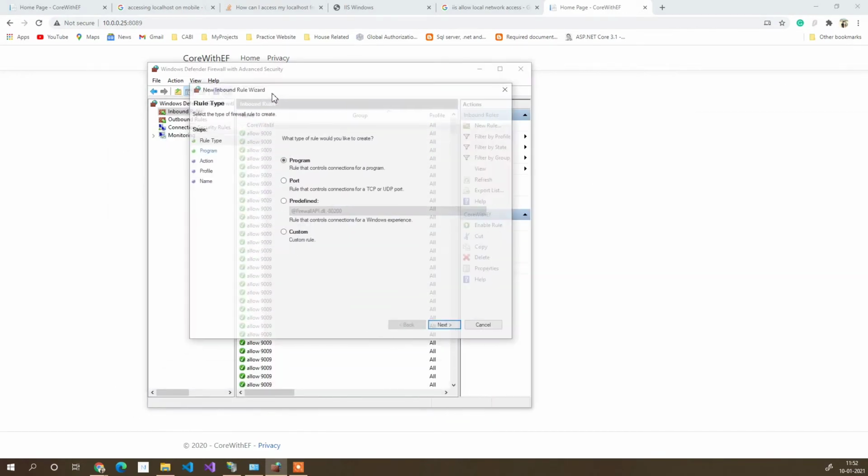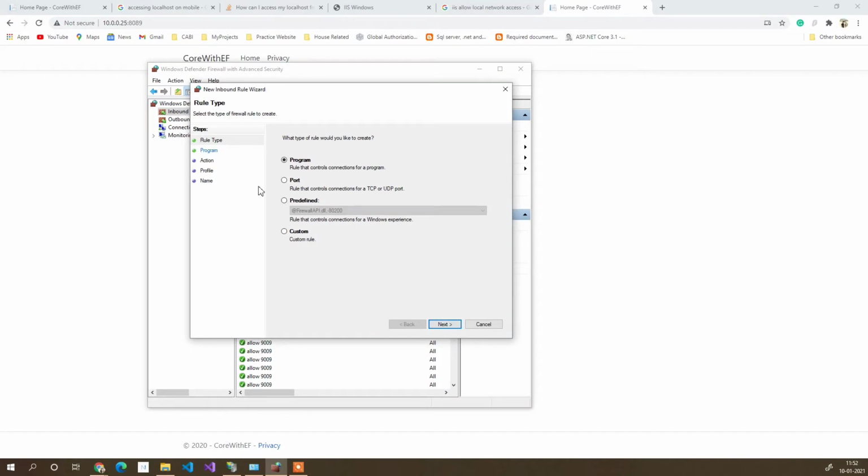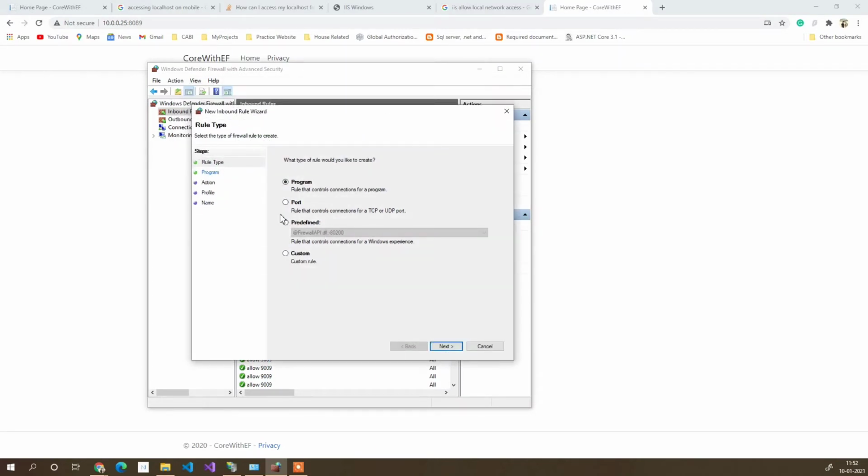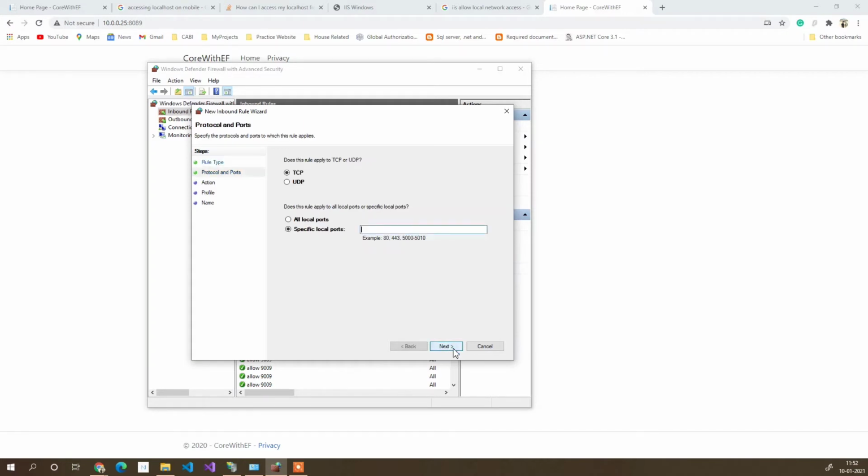When you click on it, it will show a pop-up kind of window, in which we need to open a port for local access. So we need to use Port and then click next, and then TCP will be enabled by default.